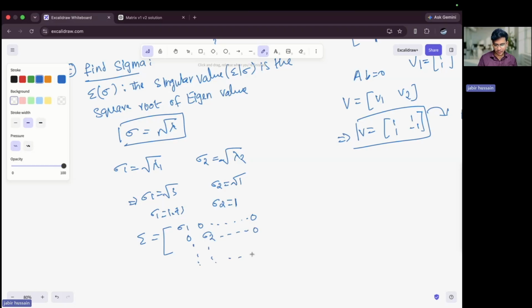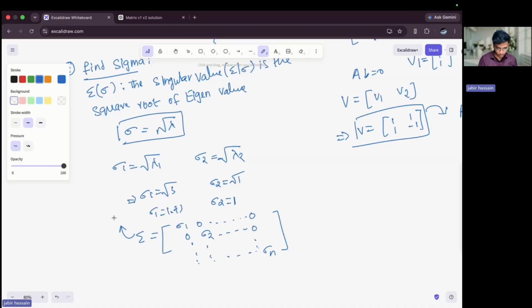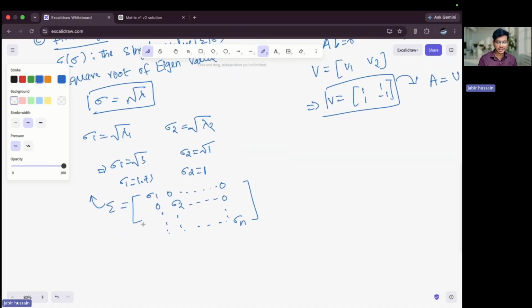So this will be our singular value matrix. Remember, always sort the sigma values in descending order,